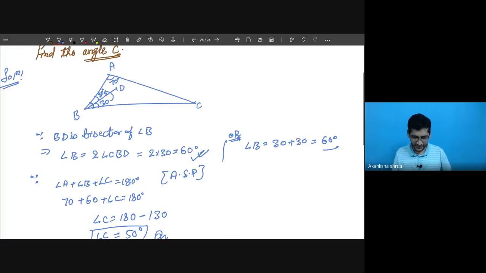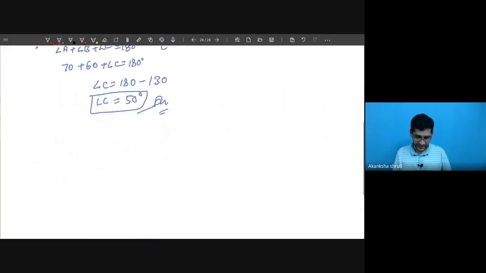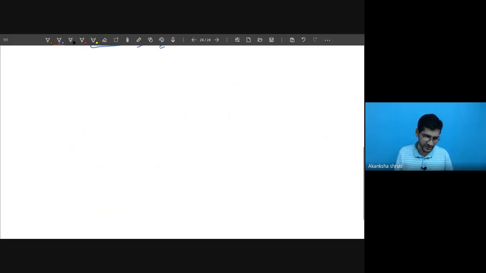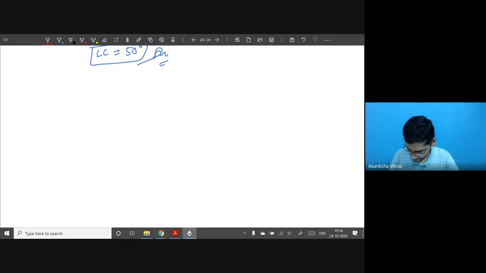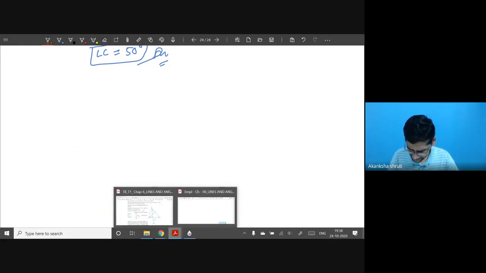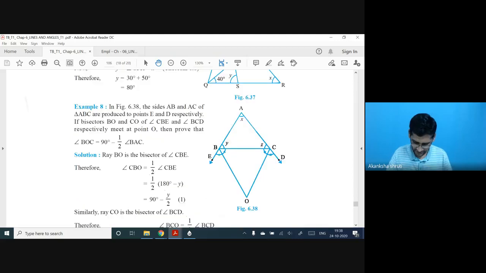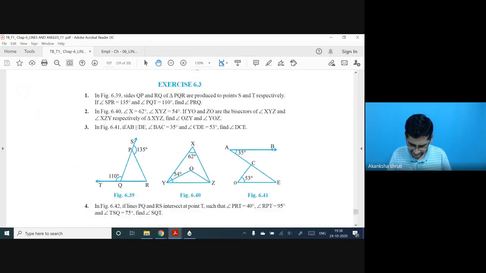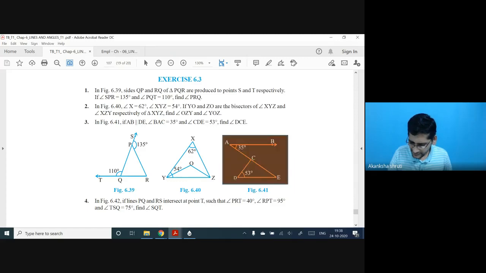So questions are very simple, student. So this way you have to take care. Student, the question may be framed based on some parallel lines. So let me frame one more question, or let me take one question from your textbook itself. That will give you some confidence that we are also solving the textbook. Student, so in this figure, let me take this one. This is the figure.